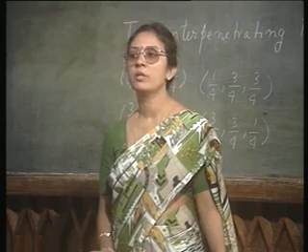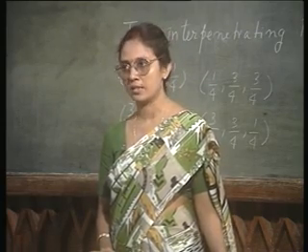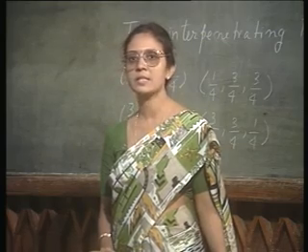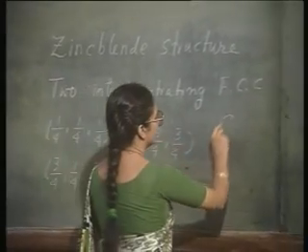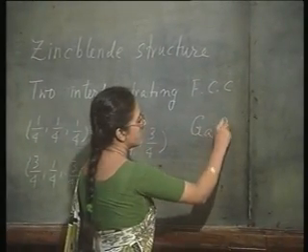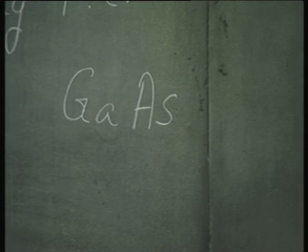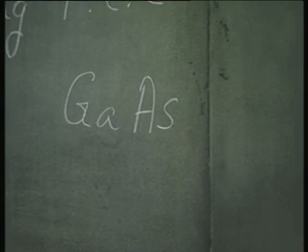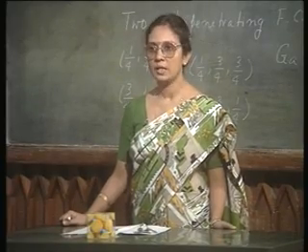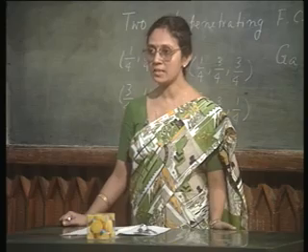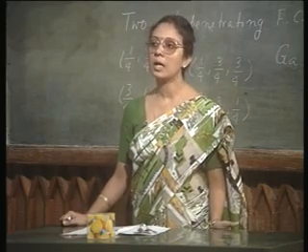are made of different atoms. For example, gallium arsenide. Gallium arsenide is a zinc blende crystal. That is, in this model you can consider that these yellow balls refer to gallium atoms and blue balls refer to arsenic atoms. Inside the gallium sublattice you have pushed an arsenic sublattice, or the other way round.